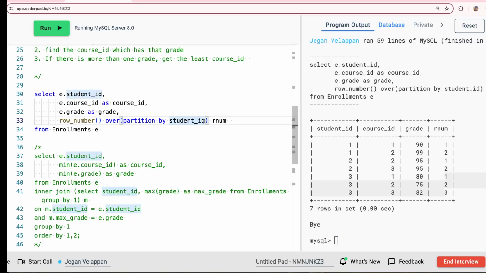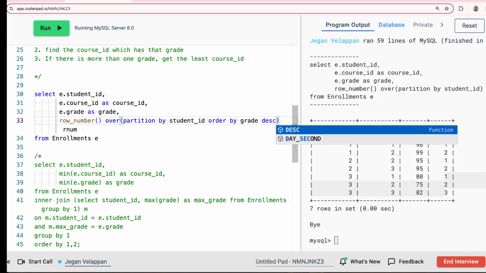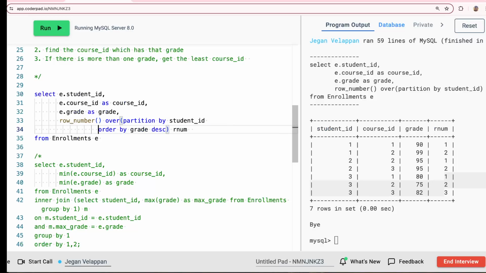Now I want to order it. So after partition by, I say order by, first thing is the grade should be the top one, right? So we say grade descending, and then if there is more than one course ID for the same grade, then you have to get the minimum of the course ID, right? So order by grade descending, and then I will just say course ID ascending order, which is a default. So we just give like that. Now if I run it,